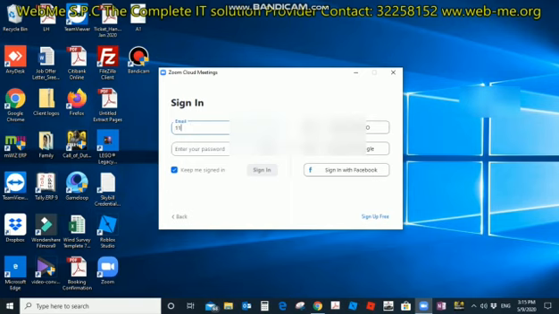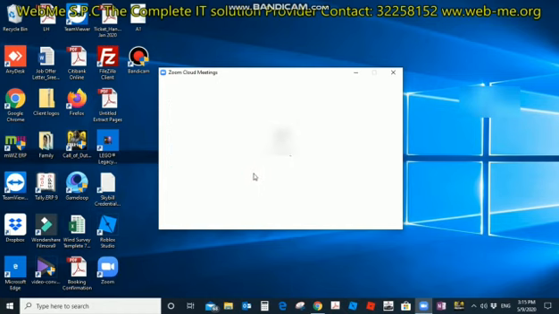Here you can enter your kid's same Gmail ID and the password. After entering the login details, click sign in.